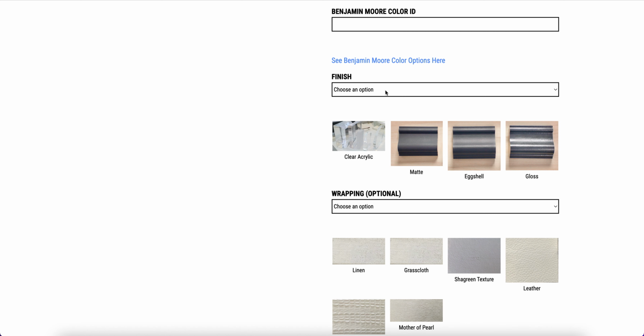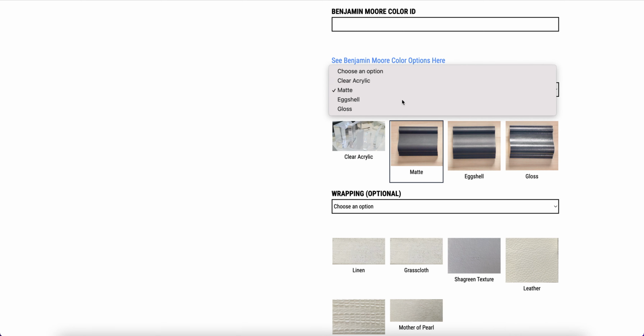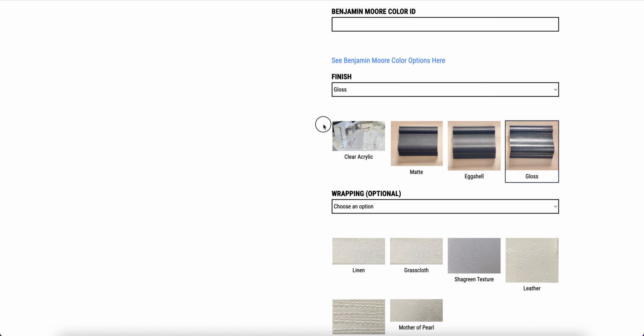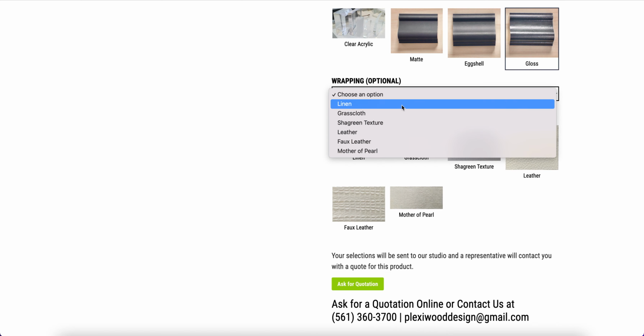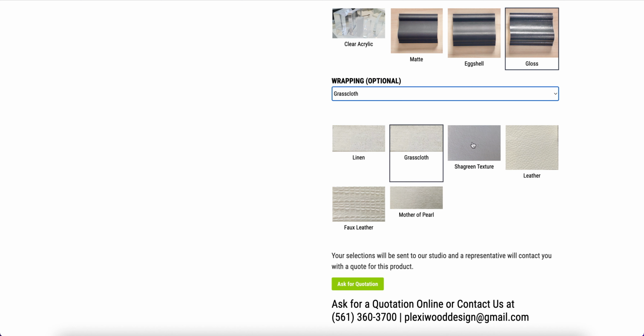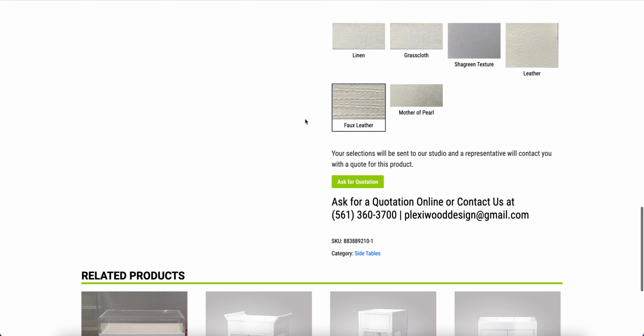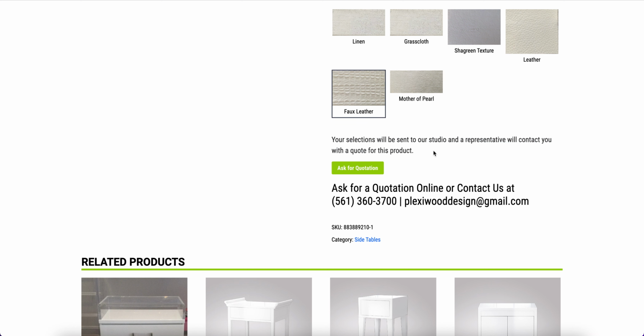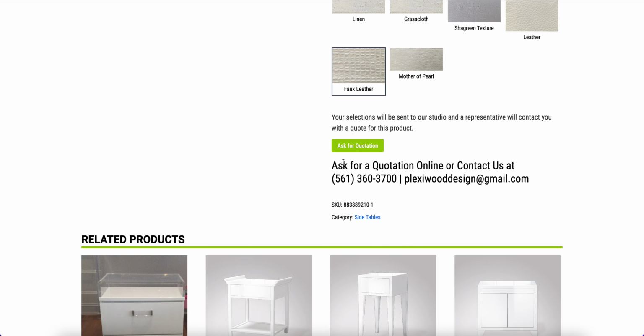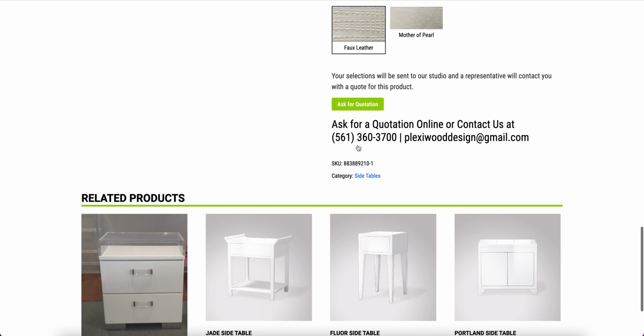So the finish, we added the drop down back, so now you can either select the image or you can select the drop down. Same goes for wrapping. If you put linen, it will select the image. And below that, the text you had us put in, and ask for quotation. So by clicking the ask for quotation button,